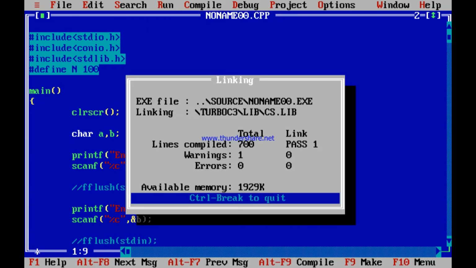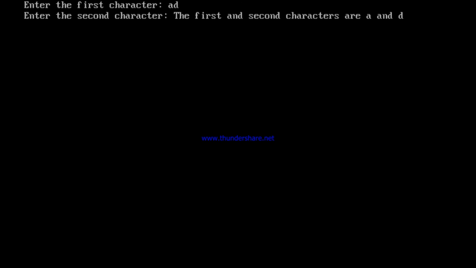If I normally say enter the first character, if I enter A followed by D, it is saying enter the first character, but I enter an extra character, and then if I press enter, it will say enter the second character. What will it scan? Will it wait for my scan, or what will it do? See, let me press this enter. It should say enter the second character. Enter the second character and immediately prints the first and second characters are A and D.